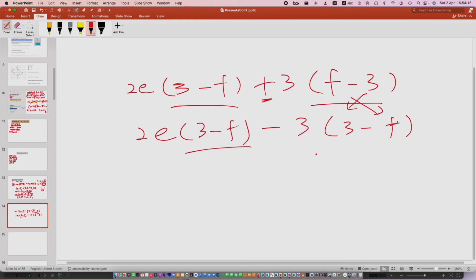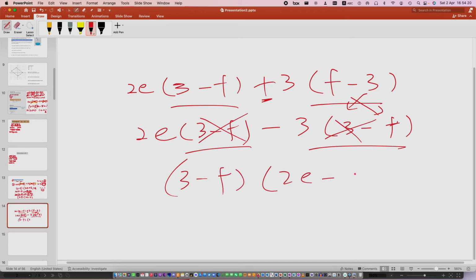So now these two, you're left with 2e minus 3. Are you clear? Okay, so this is one way. Another way,